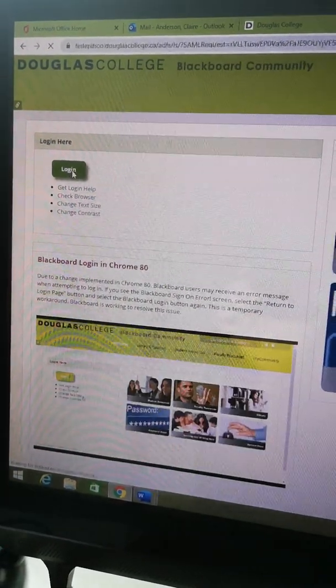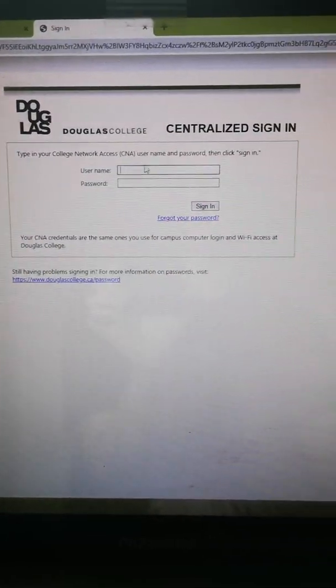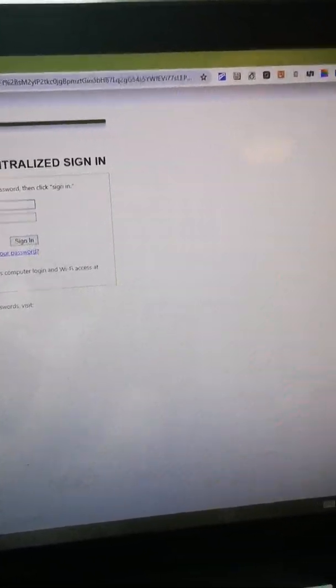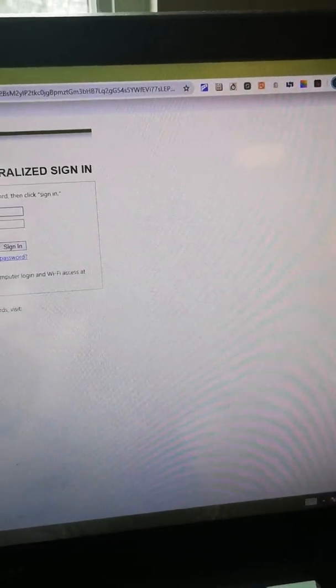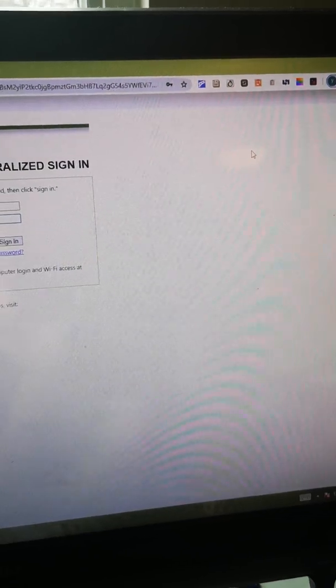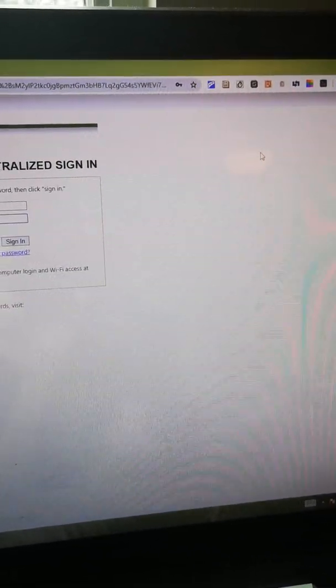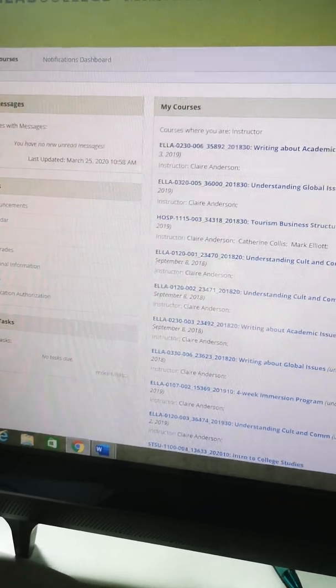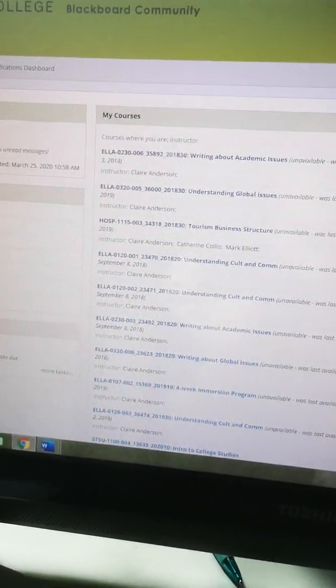Log in over here. Okay, I'm just showing you the pathways to get into Blackboard one more time, because Blackboard is so important to